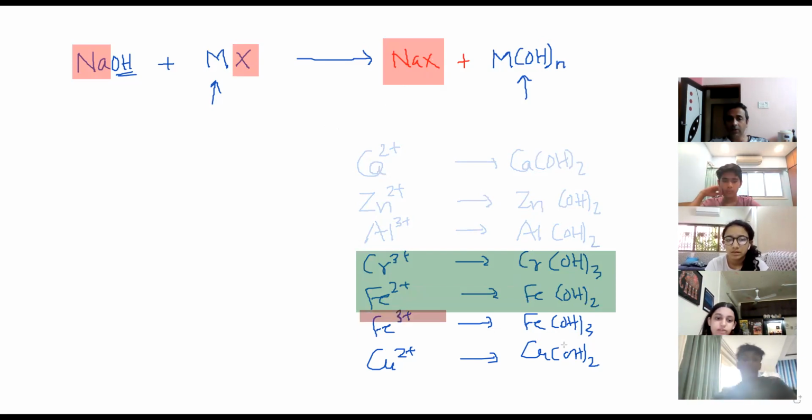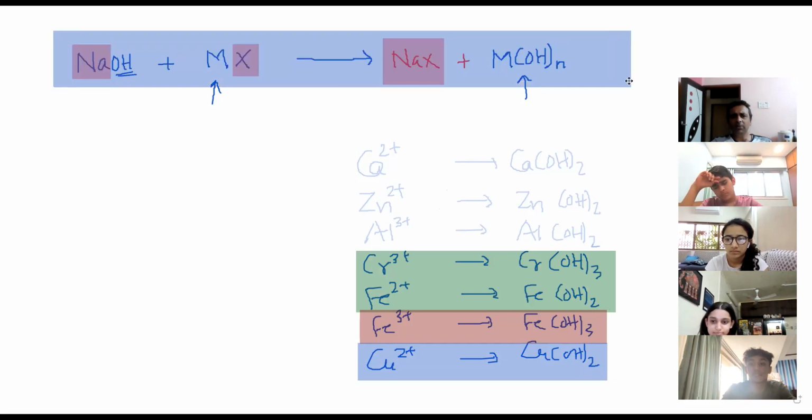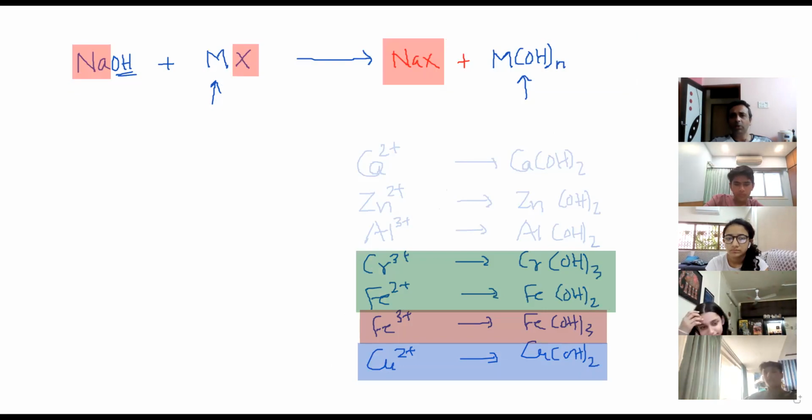Something peculiar? Colors. Colorless, white compound, green compound, brown, reddish brown. Yeah, that's fine. Some of them will be colored, some of them will not be colored. Like the first 3 are white in color. They all react with NaOH. That we have already seen here. Big deal. What is peculiar about all of them? What is peculiar about all of them is that all of them do not dissolve in water. All of them are insoluble. All of them are insoluble in water.